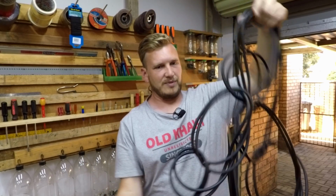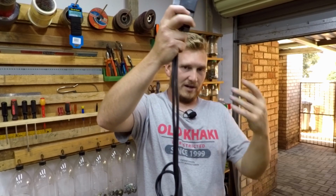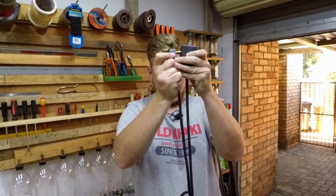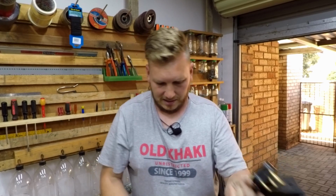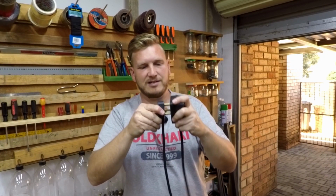And the nice part about this is, if you want to use it, you don't need to untangle or unroll or unchain the whole effect here. You can basically just pull the plug like this, and then you can use the extension to the length that you need. After you've used only the piece that you need, you can plug it back into each other like this,